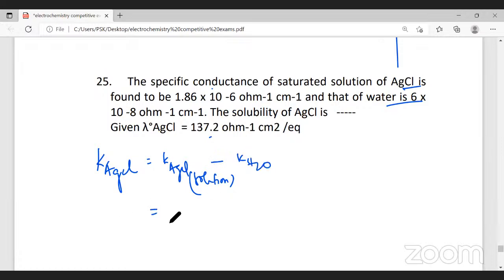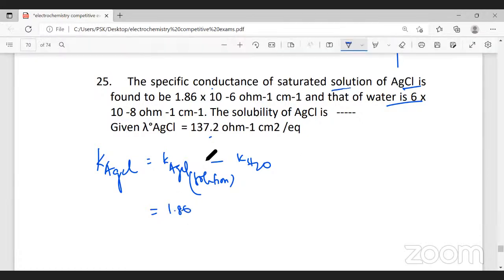See, 1.86 is for the solution. If in the solution we have water, and you remove the conductivity of water, we get the conductivity of pure silver chloride. That is what they've done. 1.86 into 10 to the power minus 6 minus 6 into 10 to the power minus 8. This value will give you 1.8 into 10 to the power minus 6